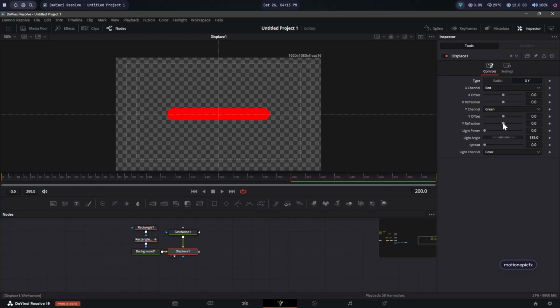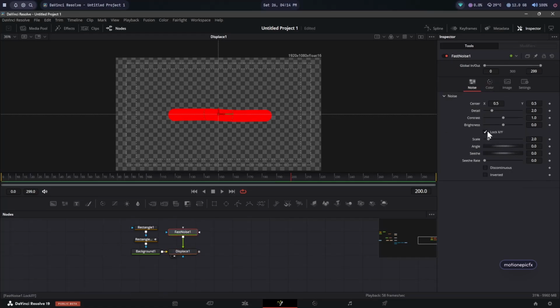change the Y refraction and the X refraction like so, and we will also counter it out. So let's just reduce the Y offset so that it's back in the center, and counter the X offset as well. The next thing is we'll just go to fast noise and we will unlink X and Y. We will increase the Y scale and we will set this to around 120-ish, and then in the X scale we might want to just set this to 1 for now,